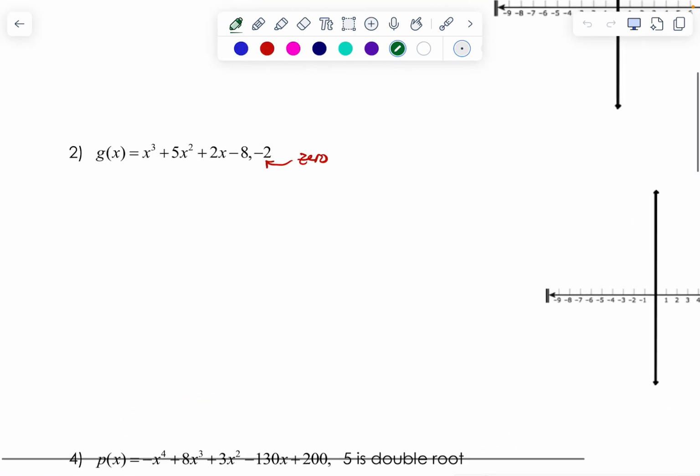Okay, so we'll start with 2. We were given a 0. We could try factoring this by grouping, but remember when you factor by grouping, the thing inside parentheses has to be the same. And here I see a 5 floating around, and here a 2 and an 8. Are we ever going to leave in parentheses the same thing with that combination? No. So that means, just like we wrote a second ago, we're going to take this to synthetic